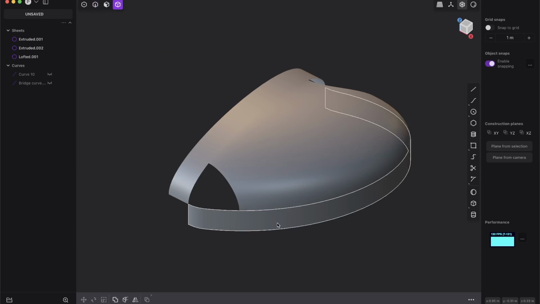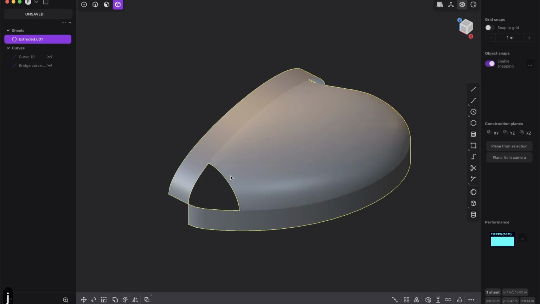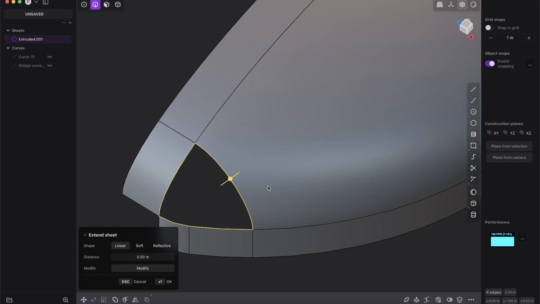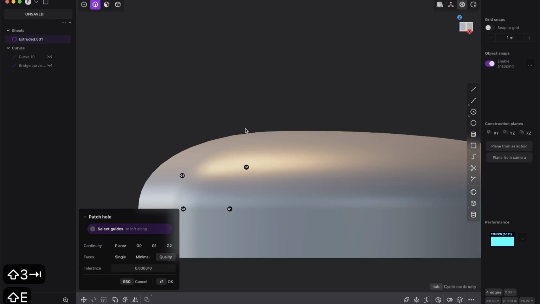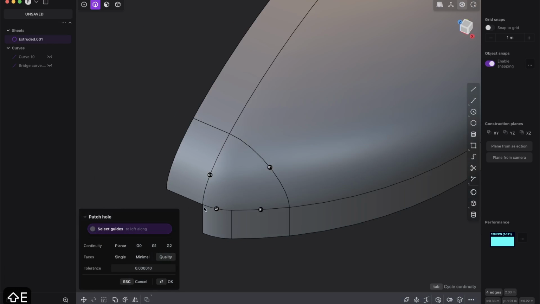So select object mode, because we have now 3 edges, 3 sheets, but to patch it's always better to have one sheet. So select them all, press J to join them. So we have one sheet. And now in edge mode, select those edges and patch it. And you see that looks fine, but because we had here this extra edge from the fillet, we can maybe